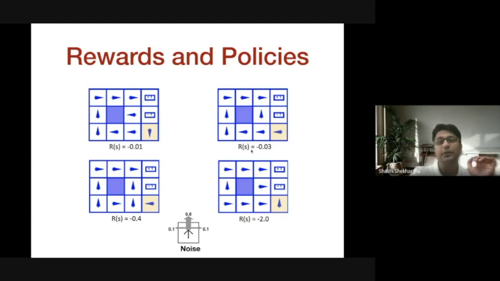However, when the rewards in the environment become more negative, it starts taking risk. The agent going left is actually a 10% risk. Accordingly, you can see that when the environment has become very negative, it doesn't take any risk. It says even getting -1 and exiting the system is better than getting any -2 reward in this environment. So I hope you understood the connection between reward and policies.